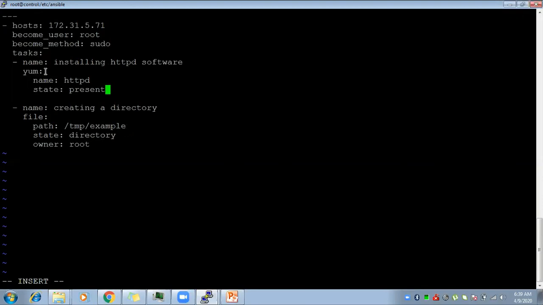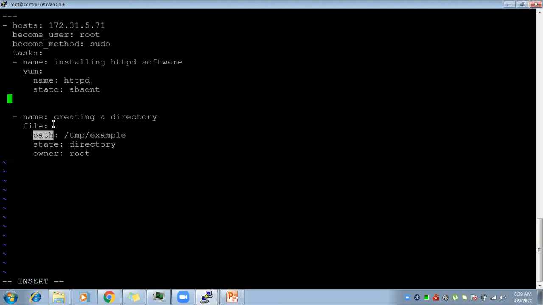Suppose I want to execute, here I will uninstall it because it is already installed, so that I can show you. Suppose I have a requirement to only uninstall the software inside one task, and this other task I don't want to execute. So if I set tags here,